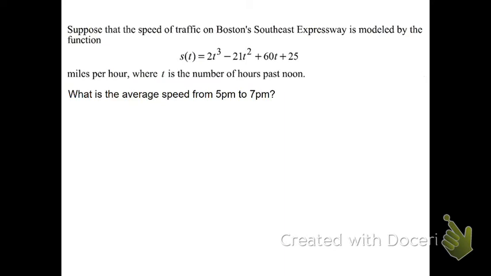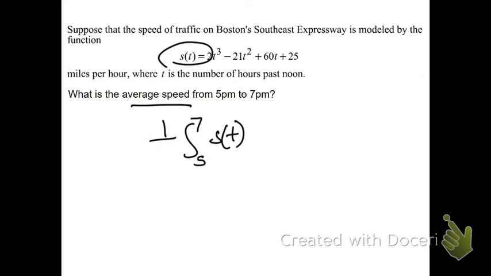They made up this crazy equation, whatever. I don't know how they came up with it. This S of t represents speed on the Boston Expressway. But they want the average speed, not the average rate of change. They defined this to be speed, and they want the average of that thing. So again, it's just integrate from 5 to 7